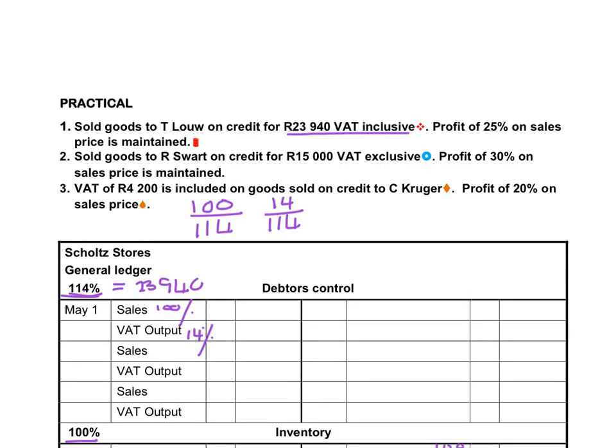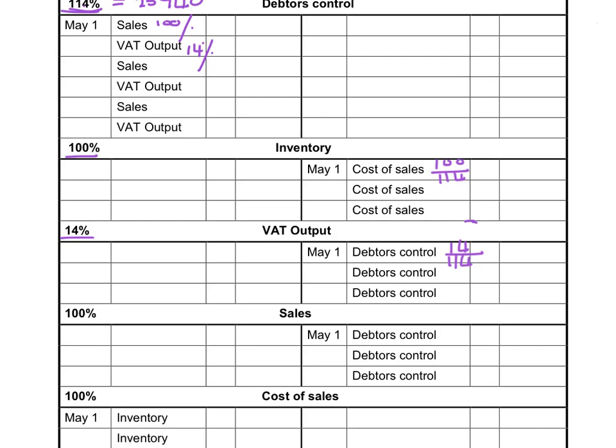Sold goods to Swart on credit 15,000 VAT exclusive. So that means this is the figure of the sales amount because there's no VAT included in that figure. The sales is 100% and they've given us the figure as 15,000 because it's VAT excluded. If I want to calculate the VAT amount, the one that I want, 14, divided by the one